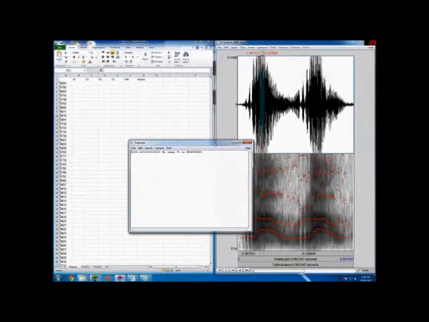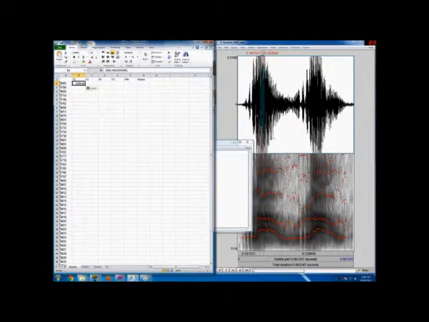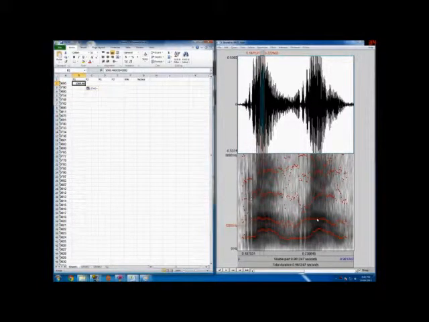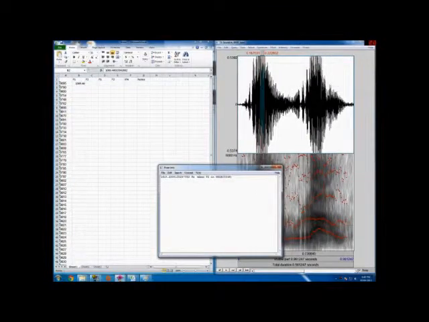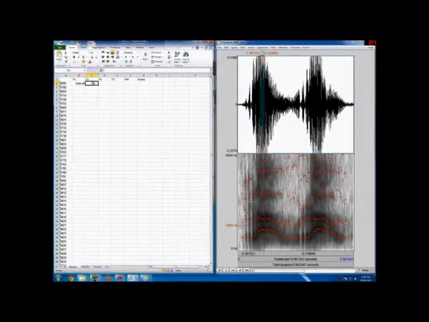And we want to go get first formant. Just copy that, put it over there. And then we want to go get second formant. Grab it and put it over there. Okay, so we've just got a single vowel word, and so now what we want to do is plot that